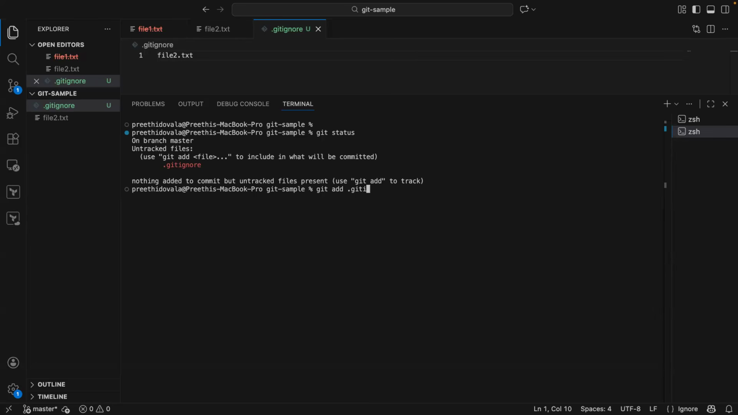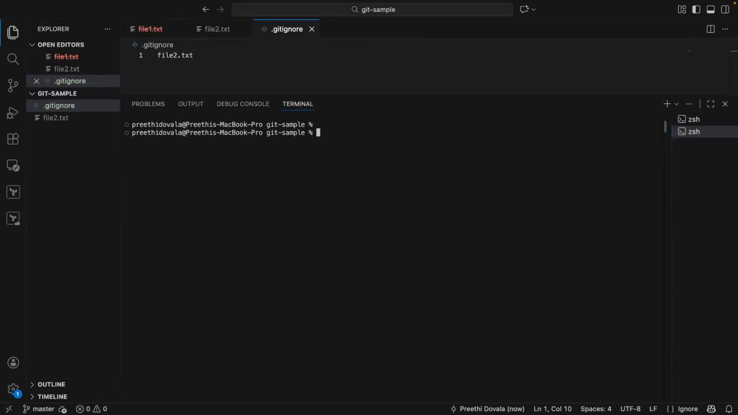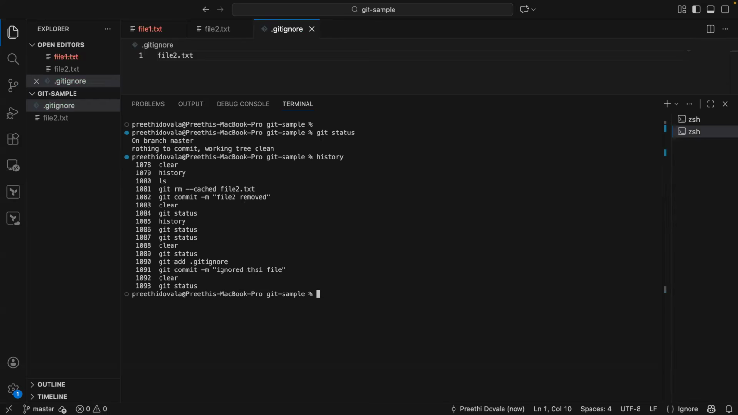Git add .gitignore. Git commit -m "ignored this file". You should see git status. Check your